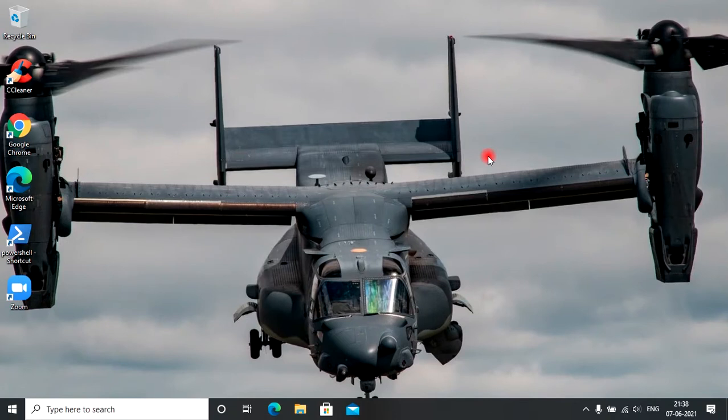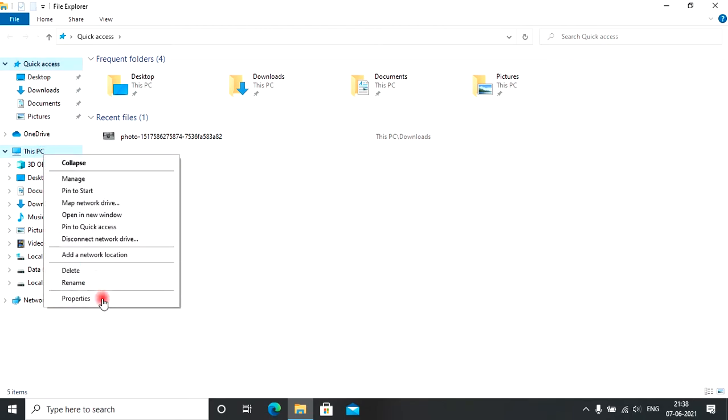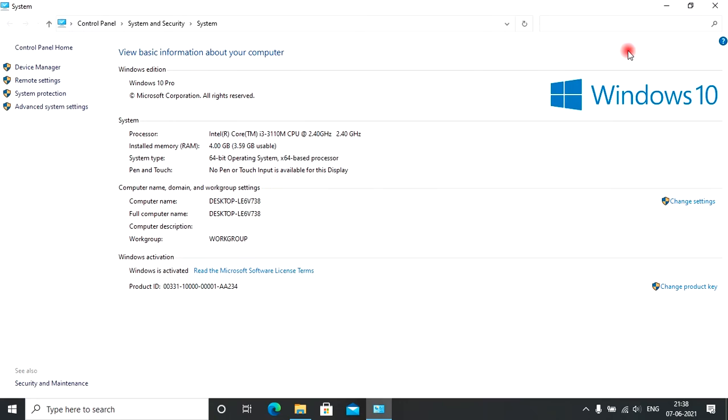There are three prerequisites for this method. One is Windows edition, second is system type, and third one is to enable the virtualization technology in the BIOS. If I go to this PC and right click on the properties, you can see here my Windows edition is Windows 10 Pro.